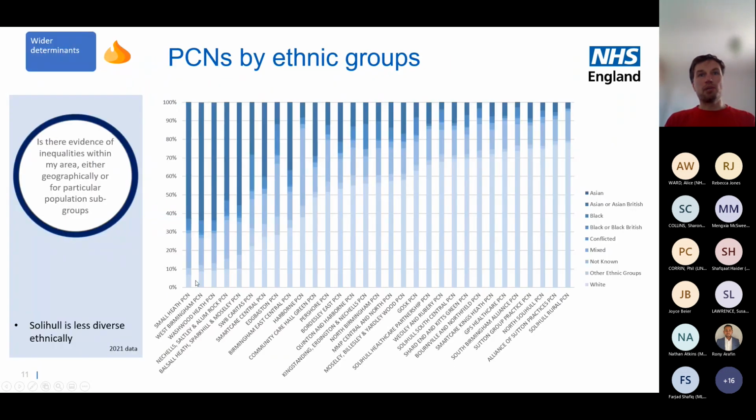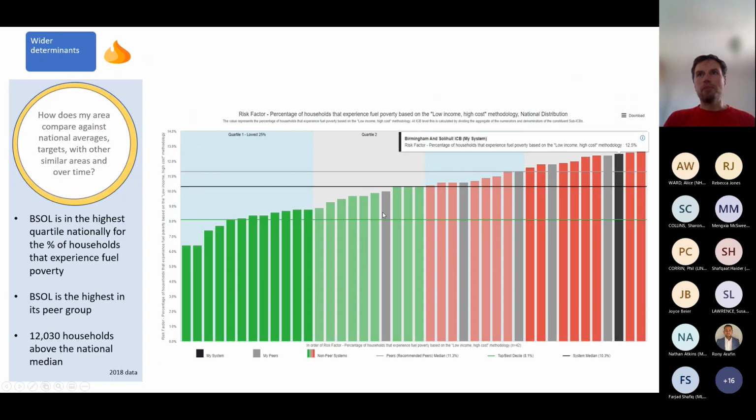And then same sort of thing, PCNs by ethnic group, and the lighter color here indicates the white ethnic group, so just indicating, again, background measures about this is our area, this is our system, and this is the ethnic breakdown we have. So it's providing context of when you then go on to benchmark and show the position relative to other trusts or systems, that here are some factors that can explain the differences.